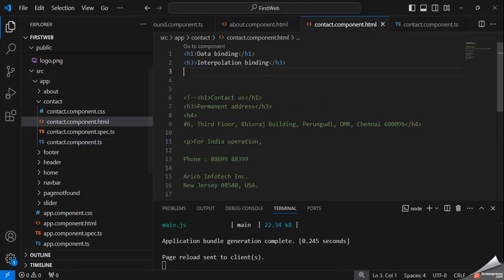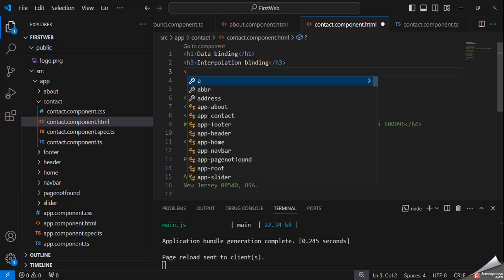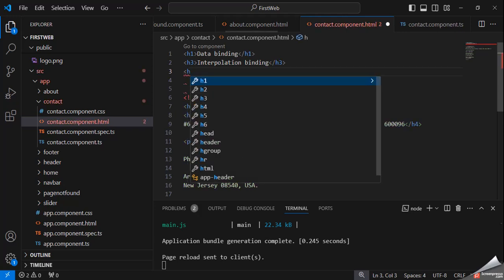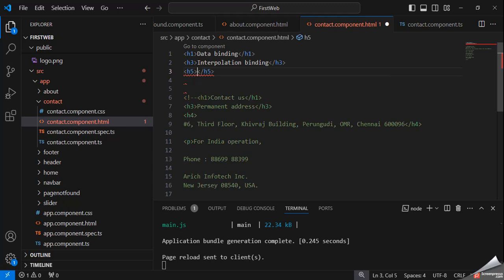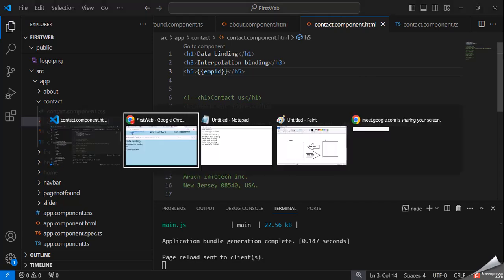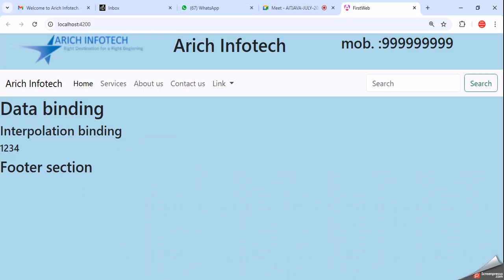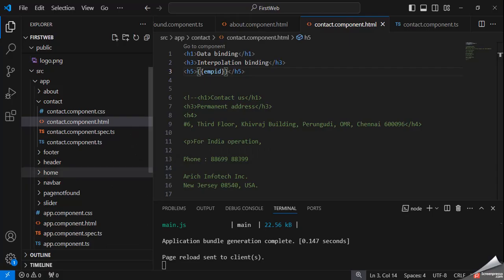For this purpose, it's very simple. Here the variable name is empId.